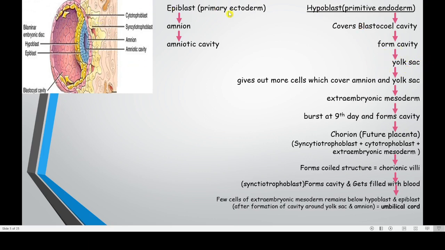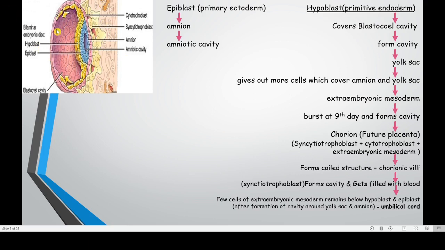Before that, let me make you understand that the epiblast is the future ectoderm. This we will come to know, but it forms a layer called ectoderm, or the outermost layer. Hypoblast forms the endoderm. These are the two layers which will help in the development of the embryo. These are the two actual layers which will develop into the embryo. Other layers that we will see here will form a protective covering around the embryo.